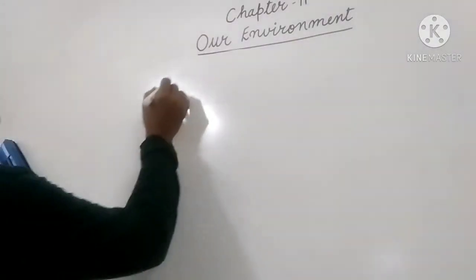Next we have discussed adaptation for catching prey. Some herbivores have flat molar teeth to eat. Carnivores have sharp canines and incisors. Chameleon and frog have sticky tongues to catch insects. Then adaptation for coping with extreme temperature. If the temperature is cold or high, how do animals adapt themselves? So next is adaptation